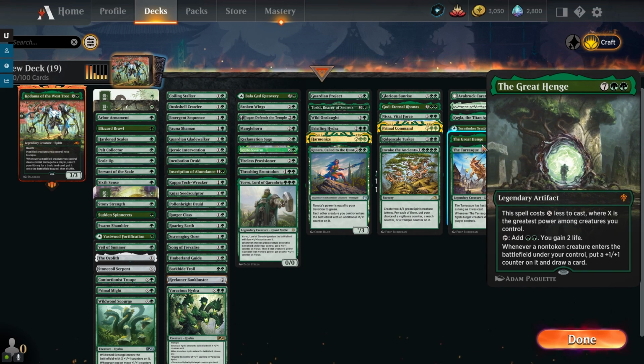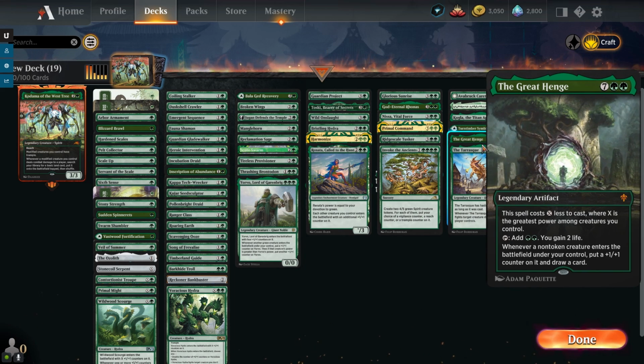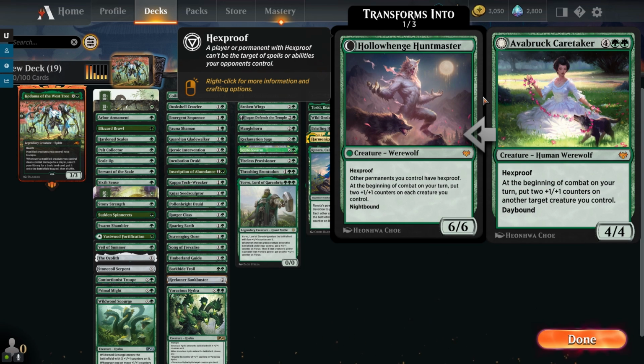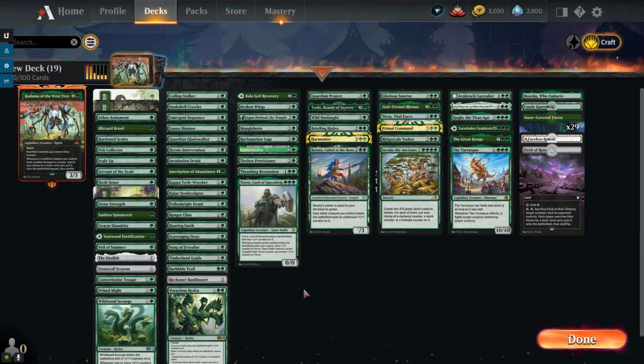Great Hinge is great for the deck. This is one of the first cards I put in the deck. Kogla, of course, Vorinclex, of course, and Overbrook Caretaker is a really good one because if we get it on the night side, it can put 2 1/1 counters on each creature we control at the beginning of combat, which is absolutely insane. So take the deck in for yourself, check it out,